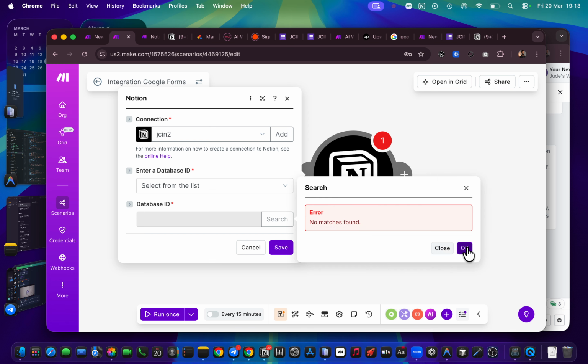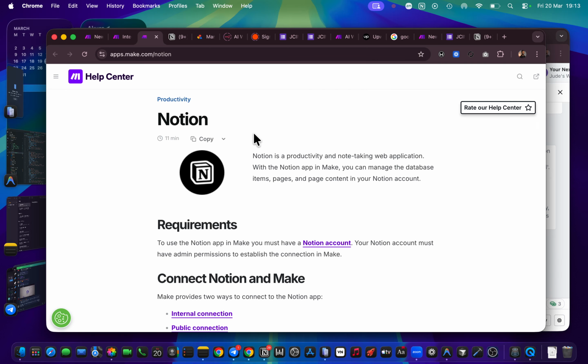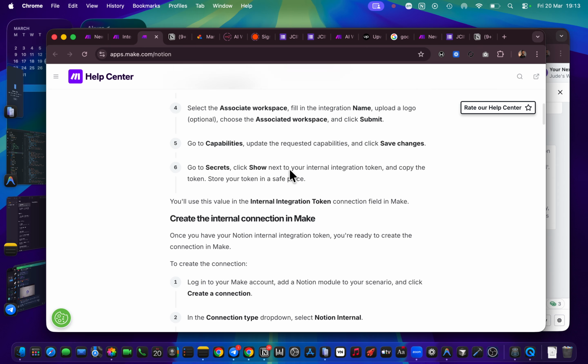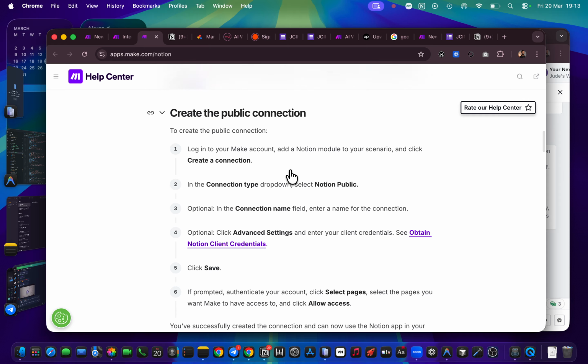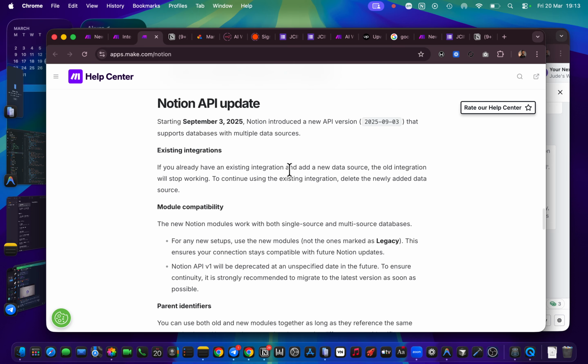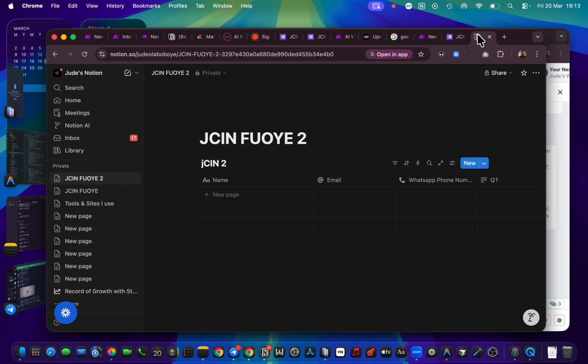Error, no matches found. Okay, so what went wrong here? It is very simple. We left something out which we could have actually done. And let's see if there's any step again on this particular page. Is there any other thing that's going to show us what went wrong? Okay, so nothing is showing us. So in this case, let us assume they think we already know the next step to do. But in this case, most people will make a mistake, because if this answer is not there, then you are just clueless. So what I'll tell you to do directly in this particular app when it comes to Notion, you have to see, is this database even connected to it in the first place?